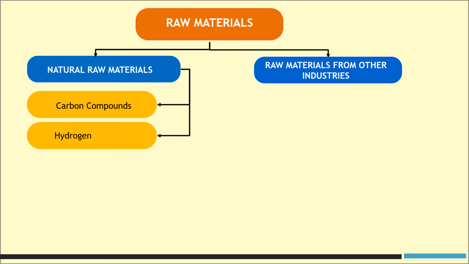Then another raw material is hydrogen. Hydrogen is generally obtained from water by electrolysis. From naphtha we can obtain hydrogen, natural gas and coal. Generally hydrogen is employed for hydrogenation purposes. For example, conversion of oil into